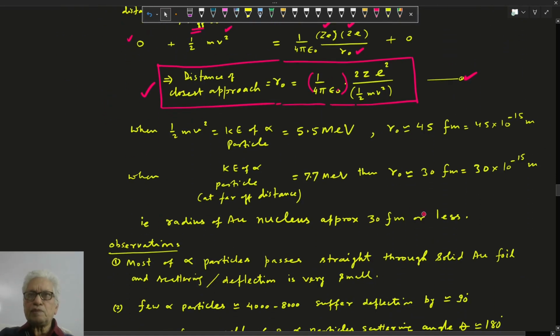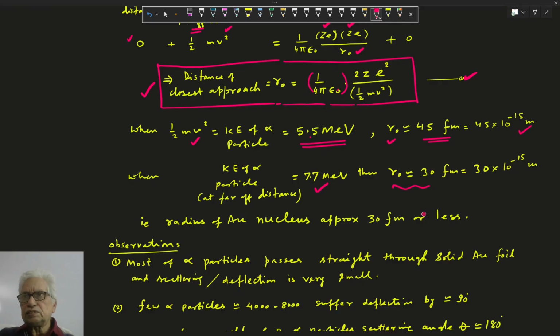Suppose in the experiment by Rutherford, they have taken the kinetic energy, half mv square, of the alpha particle as roughly 5.5 million electron volt. Then by calculation, R naught is found to be 45 Fermi, 45 into 10 power minus 15 meter. They have increased the energy from 5.5 to 7.7 million electron volt. Then this is the distance of closest approach, that is 30 Fermi, and the radius of the gold nucleus here is less